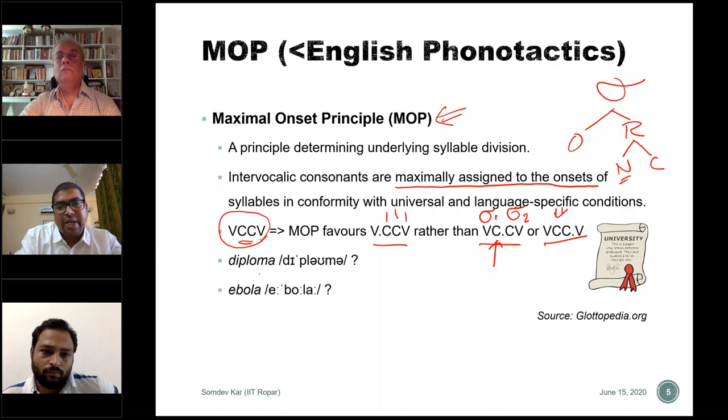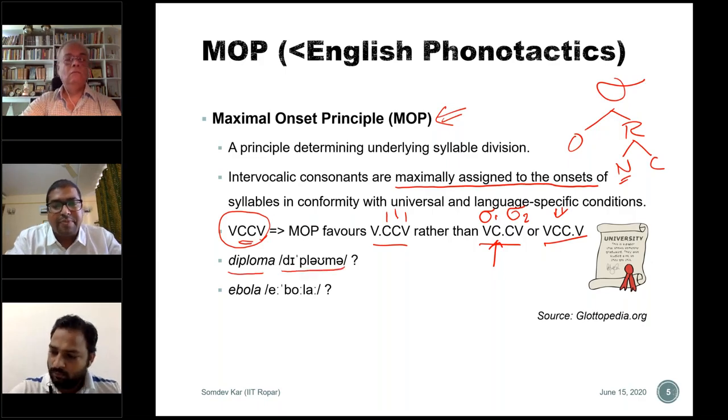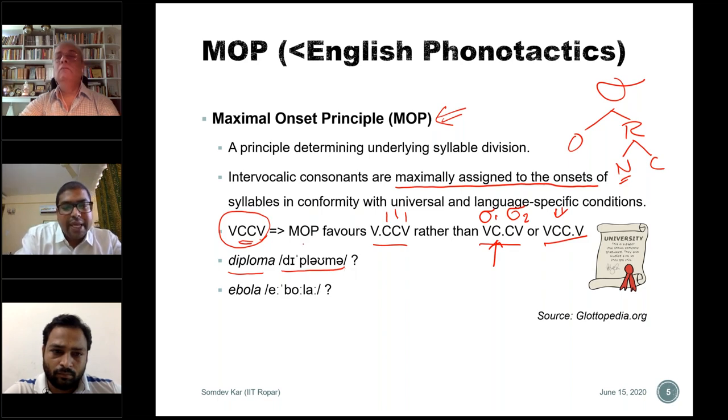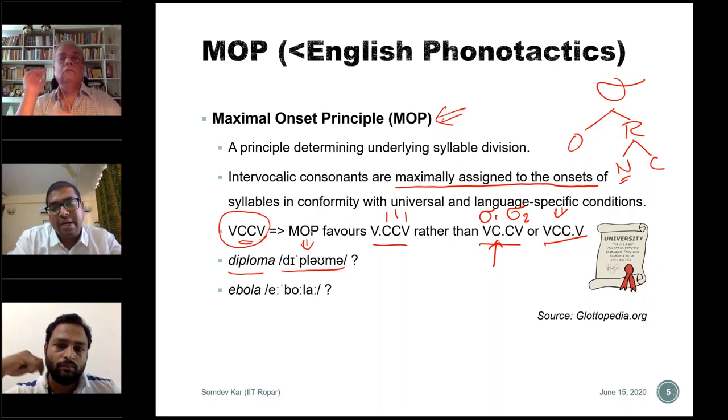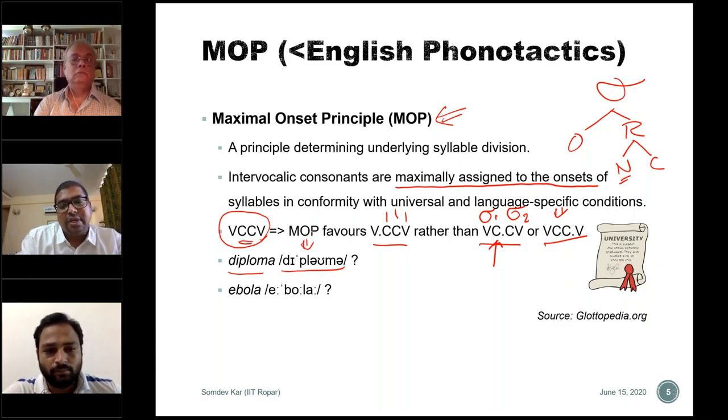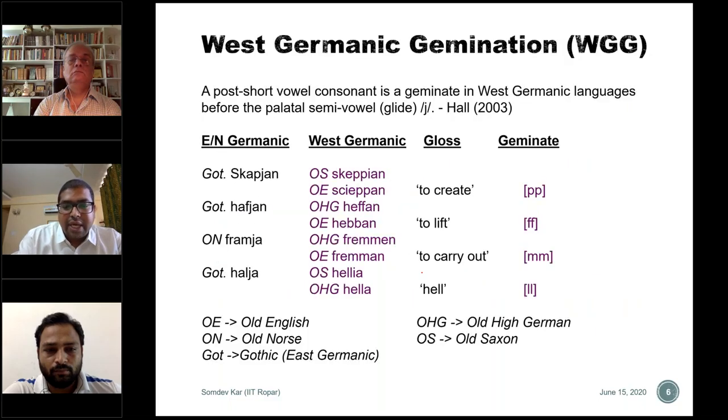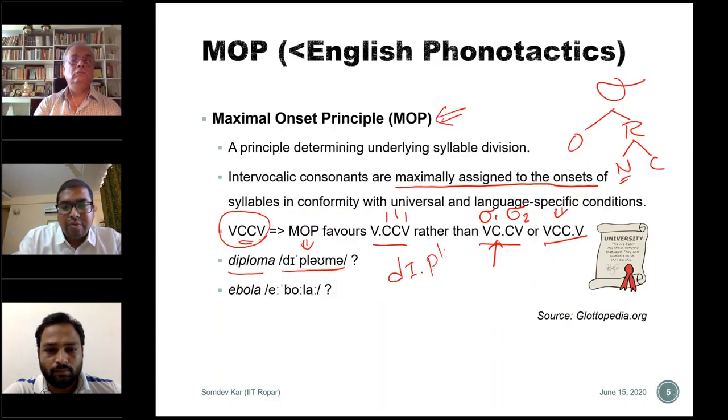Diploma. Okay, and this is the IPA representation. So we have this PL cluster here, which is intervocalic. And what is happening? How many ways can we actually syllabify it? MOP would demand that the syllabification works like di first syllable, then plo, and then ma, rather than dip,